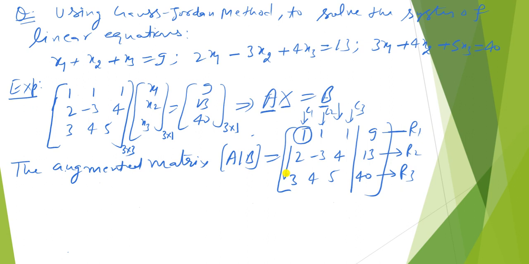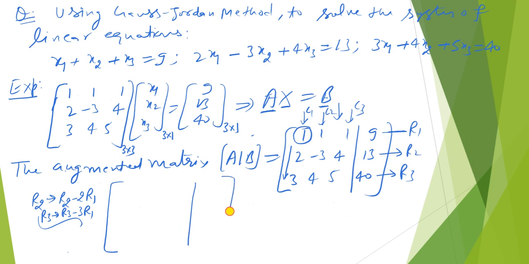So here our aim is to make 0 the 2 with the help of R1, that is the key element a11, and here a11 is 1. So if we perform the row elementary operation, the change in the second row is R2 minus 2 times R1, because 2 times 1 subtracted from 2 gives 0, and 3 times 1 subtracted from 3 gives 0. So the row operation for the third row is R3 minus 3 times R1.